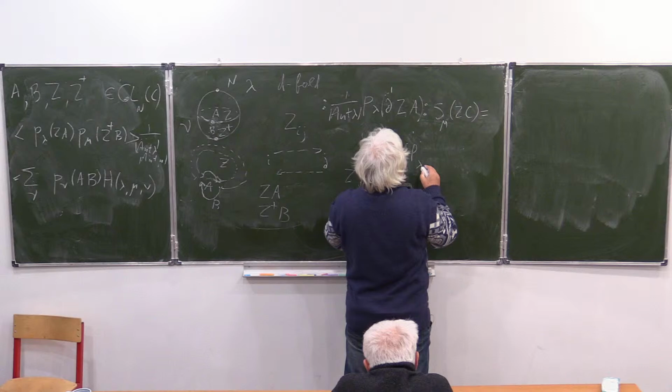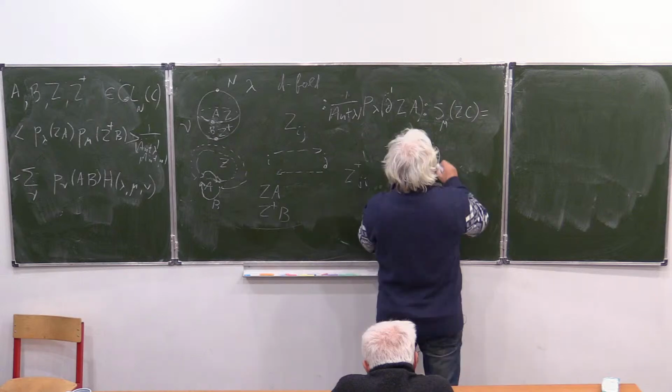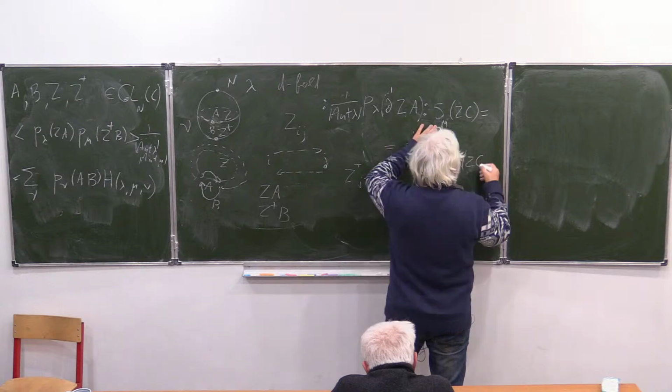Mu lambda times Schur functions with the same partition, but with the product of A and C. But we have this formula. And when A and C are equal to 1, identity matrices, and all this equals 1,